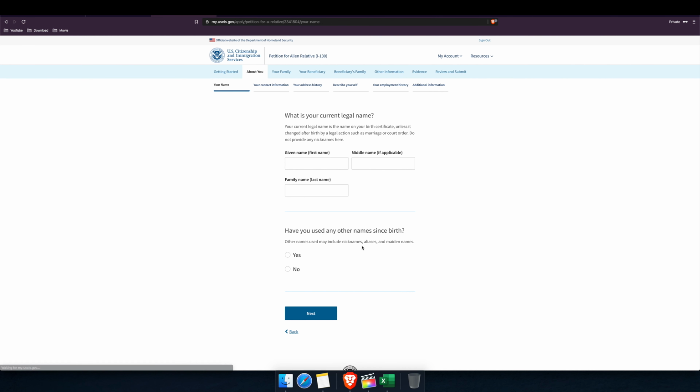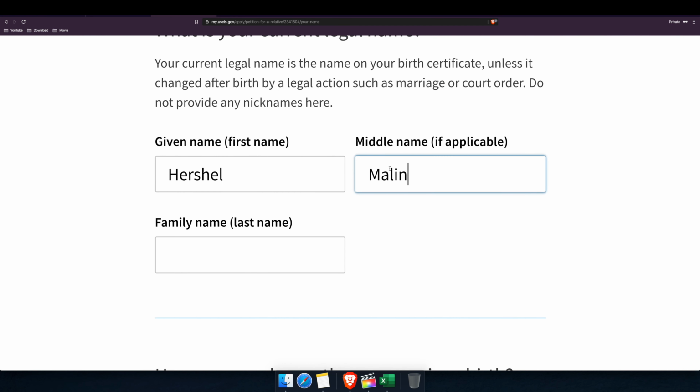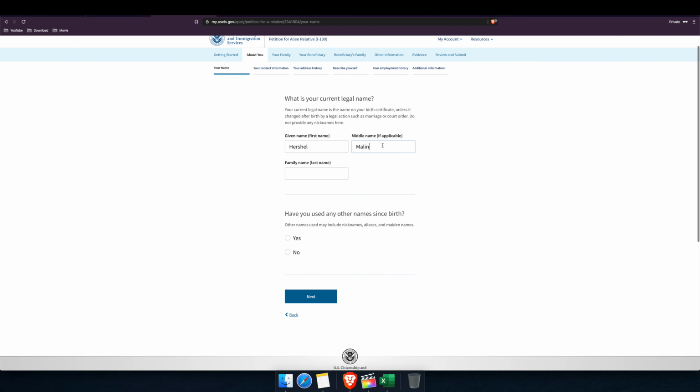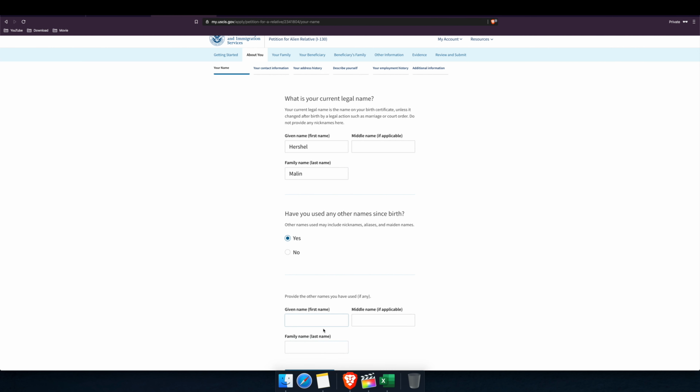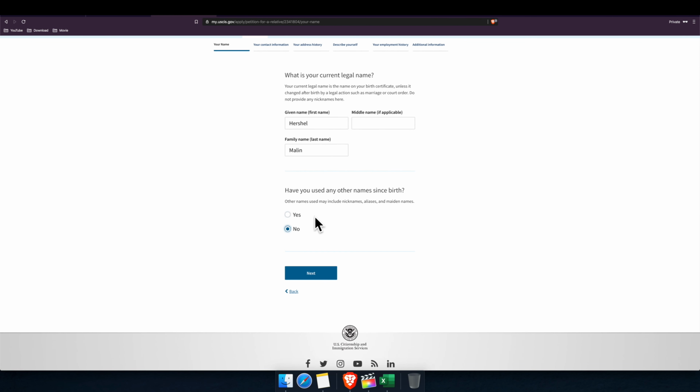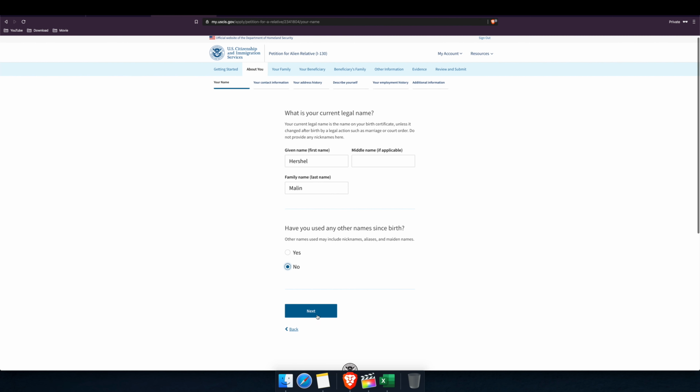Now put your first name and last name, and if you have a middle name, put that there. I'm putting some dummy name for completing this application. Again, I'm saying I'm putting a dummy name; you have to put your own name. And if you have any other name since birth, then you have to choose yes and fill in all the details of that name. Otherwise, you choose no. I don't have any other name, so I'm choosing no, and then clicking on the next button to go to